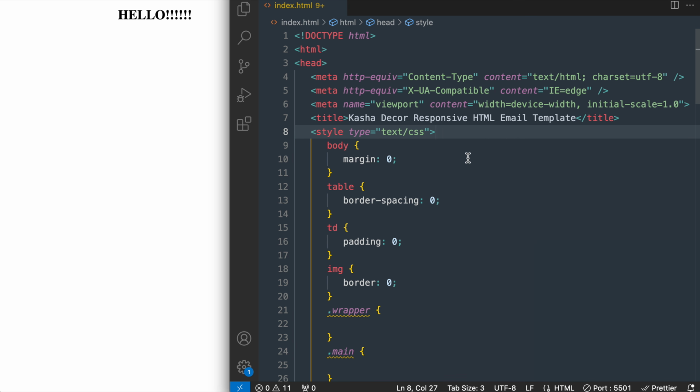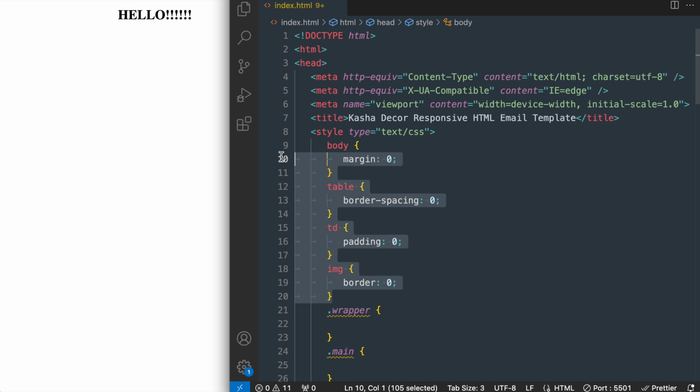Unless we want to include a live version on the web, we can have a title like a web page. In the head section, we also have the start of an internal style sheet with these CSS resets where we zero out certain elements like body with margin 0, border spacing 0 to the table, padding 0 to table data tags, and border 0 to images. With these resets making it so we don't have any unnecessary or unwanted space in email clients, I'll also mention